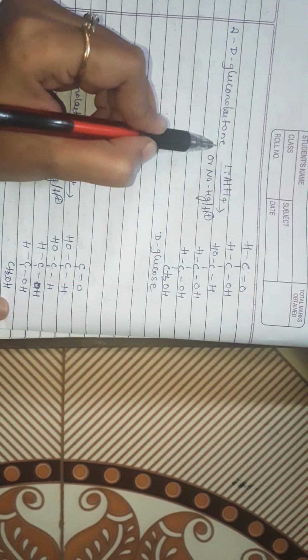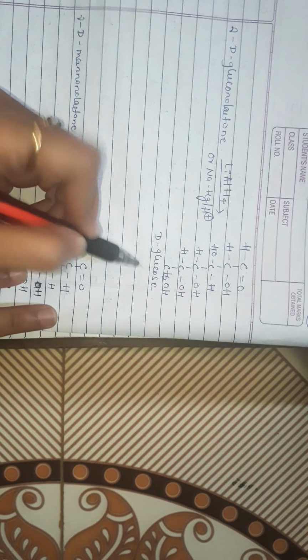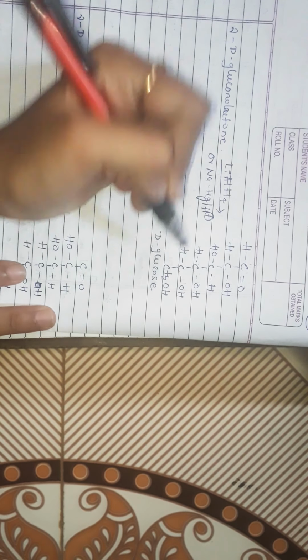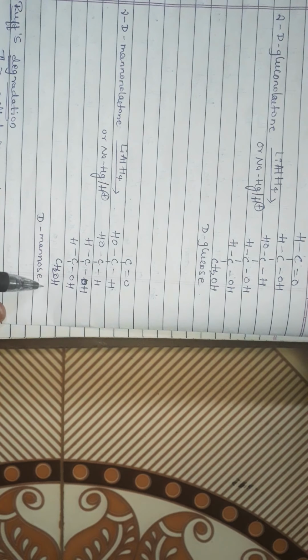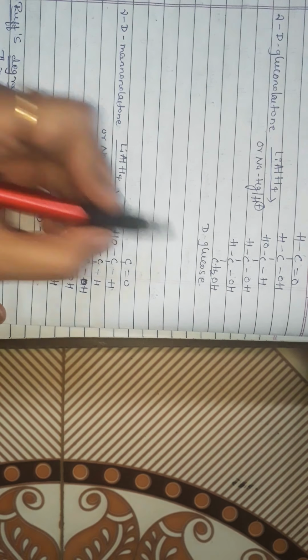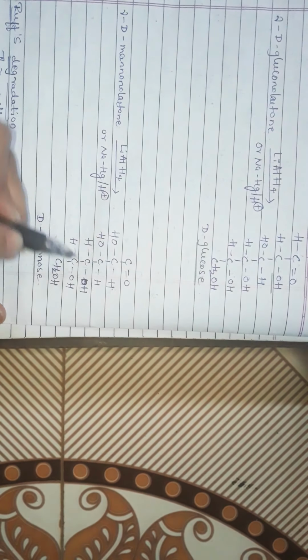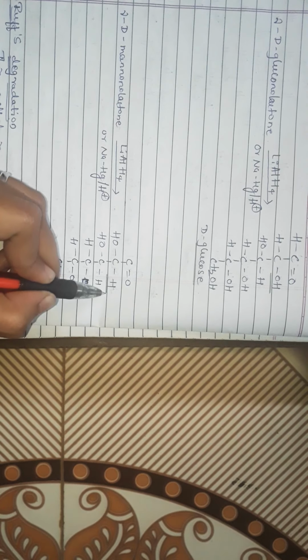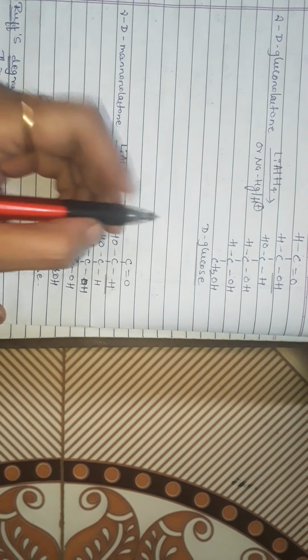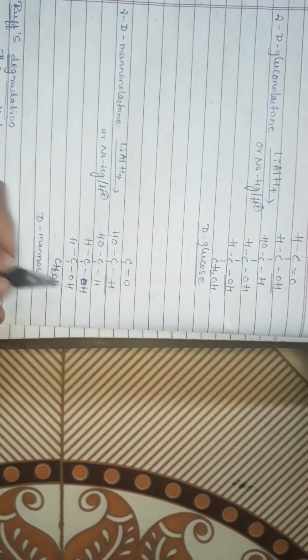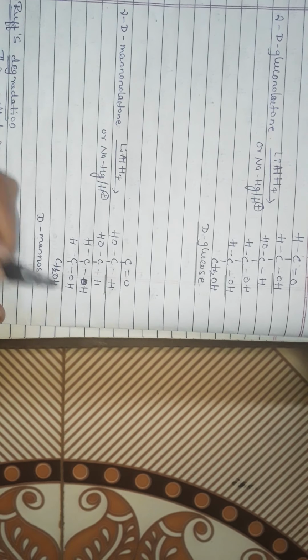Here you can see gluconolactone undergoing reduction and giving glucose. Here you can count the number of carbons: 1, 2, 3, 4, 5 and 6. Here also mannonolactone undergoes reduction with lithium aluminum hydride and gives D-mannose. So here it is mannose and here it is glucose. Why? Because here OH is present at the right hand side and here hydrogen is present at the right hand side, and both are designated with the letter D, because of the presence of OH at the right hand side.